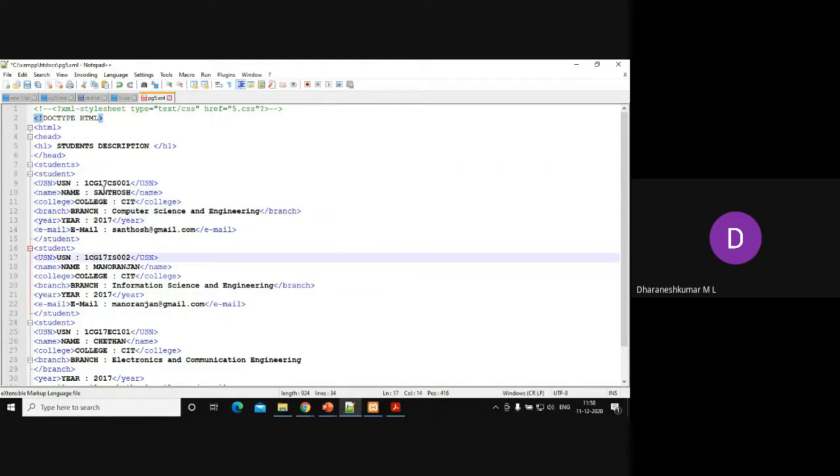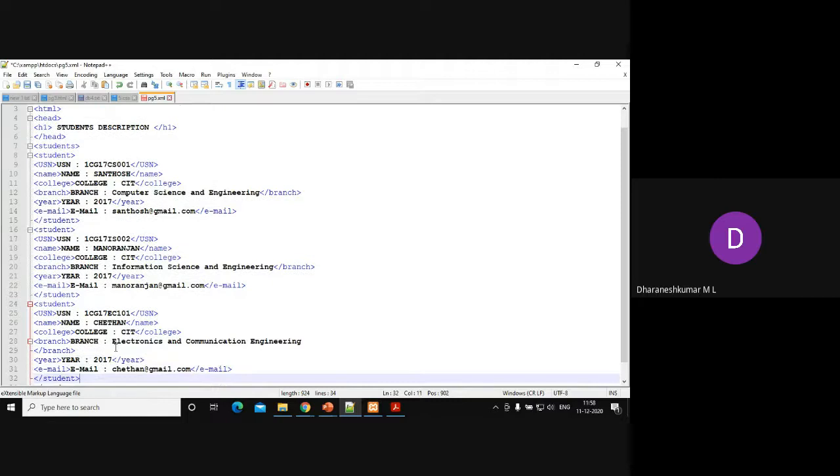Here we have changed the USN from 1 to 2. Then the name of the student will be Manoranjan, the college CIT, branch Information Science, year 2017, then his email ID. So we have created for 3 students: Santosh is the first, Manoranjan is the second, and Chetan is the third.